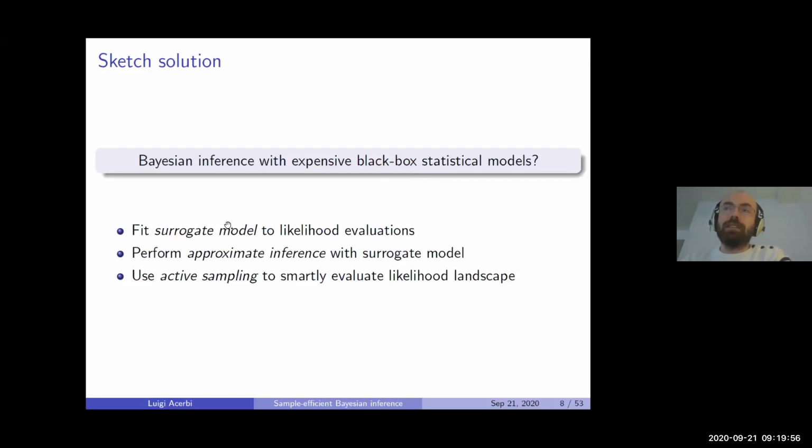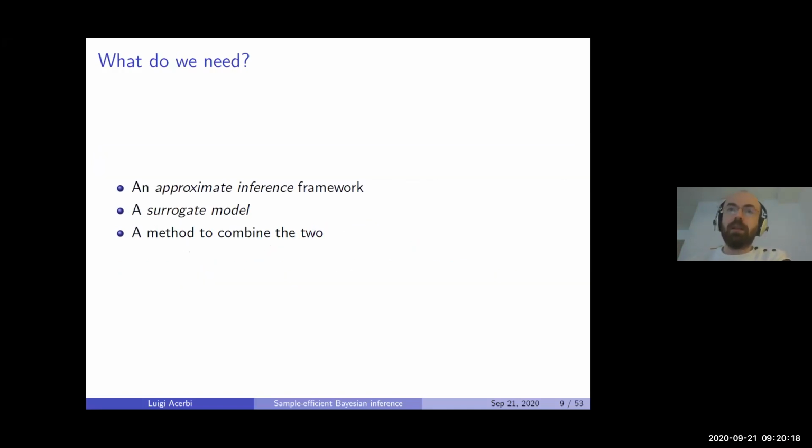Instead of using the original model, you can fit a surrogate model to your likelihood evaluations, and you can perform approximate inference with this surrogate model instead of using the original model. And the idea is that the surrogate model is less expensive. And then you can use active sampling to evaluate the landscape in a way that allows you to build a better surrogate model. And so what we need is an approximate inference framework, a surrogate model, and a method